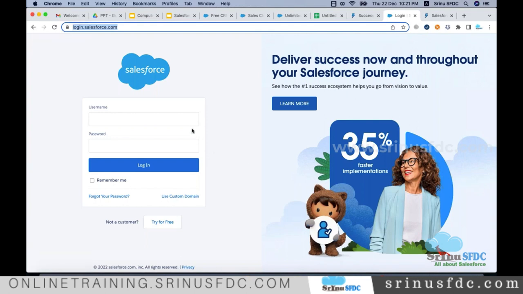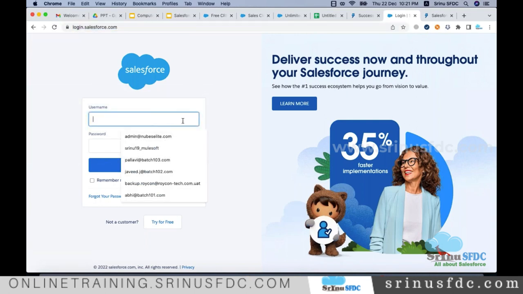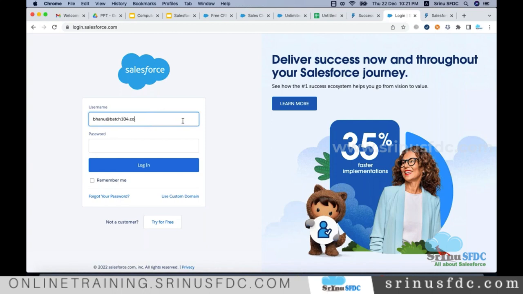And what is the username? I think I gave banu@batch104.com. In your case, whatever you give, that one. Password I gave as SFDC@123. So even though you know the username banu@batch104.com and you also know the password SFDC@123,